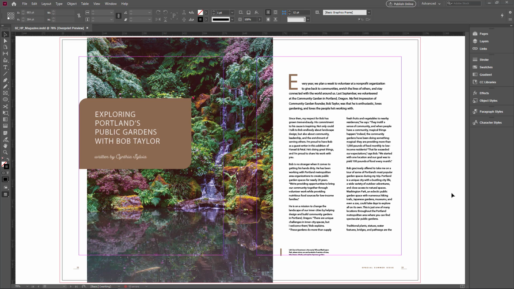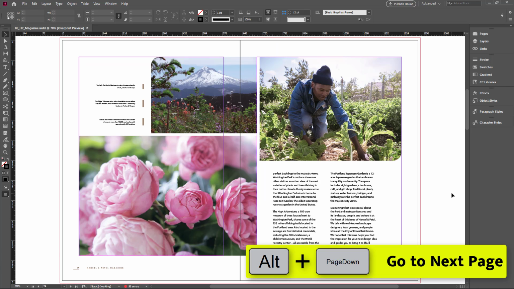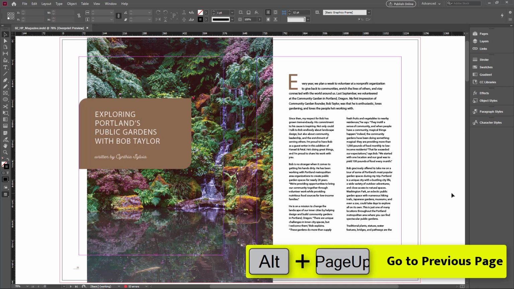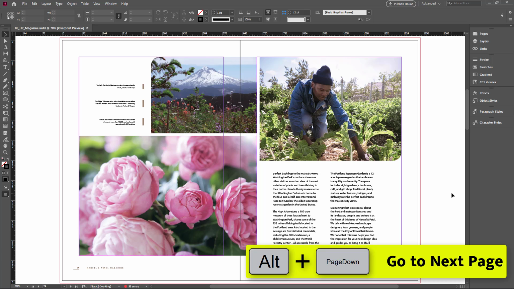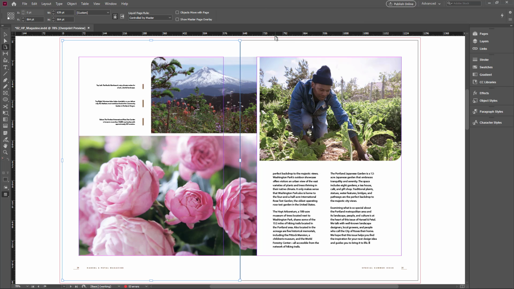This is a magazine document. I want to jump to the second page, so I hold the Alt key and press the Page Down button. If you want to go to the previous page, press the Alt key and the Page Up button. Now I hold the Alt key and Page Down. Now I jump to the second page. If you want to change only this page, select the Page tool, third in the tools panel, and click